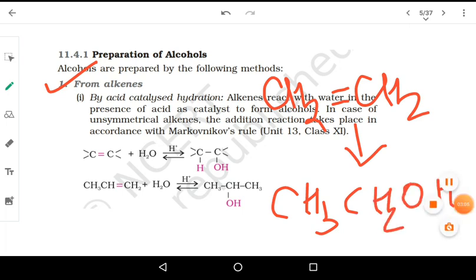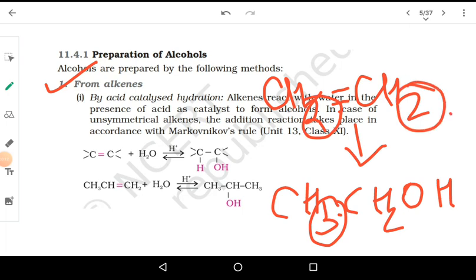For that, I can add a hydrogen onto this side, and I can add an OH to this side. That is, we have to carry out the addition of water. Now, addition of water cannot happen simply. We need a catalyst. So we take H plus ions, or we can take any acid like HCl or H2SO4 as the catalyst. This is known as acid catalyzed hydration because we are adding a molecule of water. H goes to one side of the double bond and OH moves on to the other side. So we can say it is addition of water in the presence of an acid as a